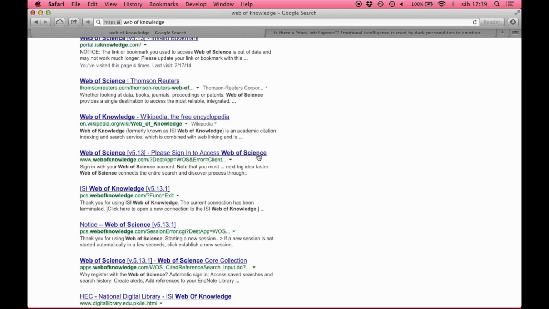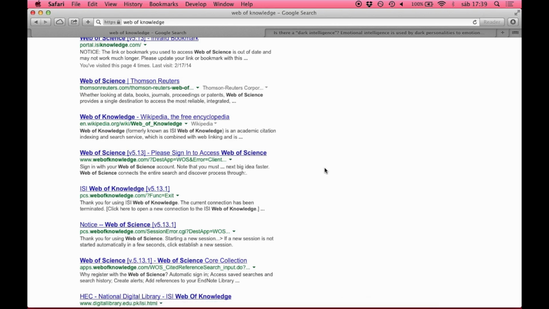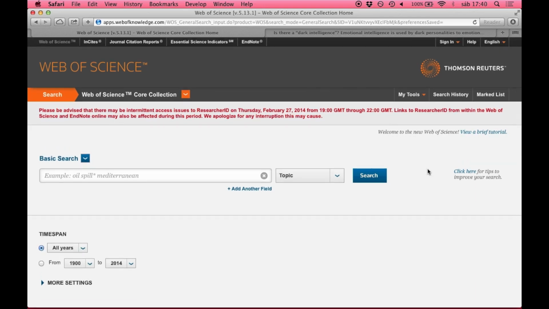Also, you must have access to it. So, for example, if you are just using a normal internet connection, you won't be able to access it. It will give you an error. So you must be signed in to a VPN service, and I am at the moment, or just use the internet access from your university. Okay, this is the Web of Knowledge search